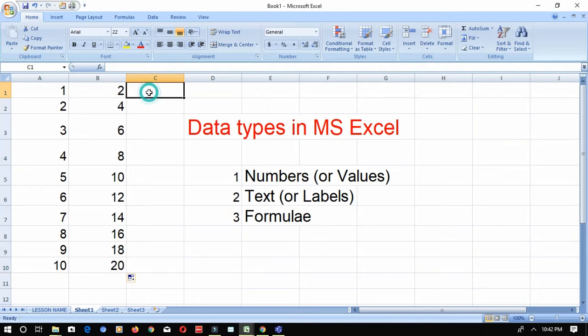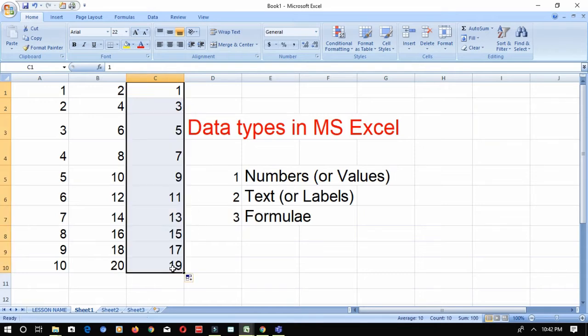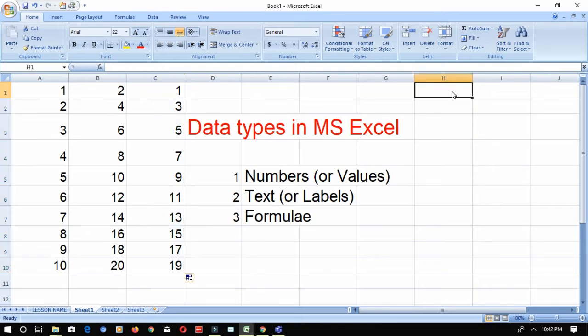So if I wanted to display the odd numbers, what can I do? Same way, first two cells I have to enter, select both the cells, go to the right side bottom corner, see the autofill handle, click the left mouse button and drag it. This way we can display the series of numbers. If I wanted to display the same text in all the places, for example numbers, what can I do?